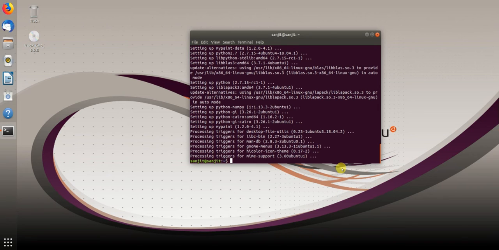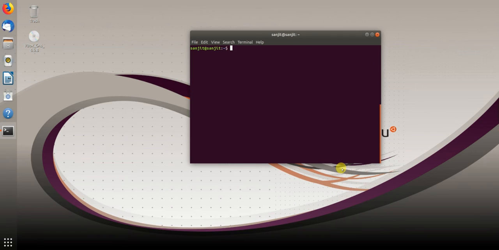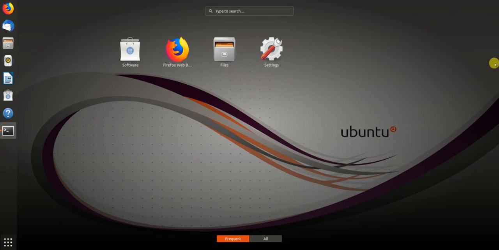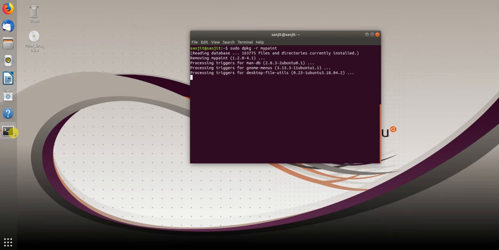So you know how to remove, right? In order to remove anything, let me clear the screen first using the clear command. In order to remove, there is only one guy who knows the thing, our dpkg manager. Just go here and tell it, can you please remove, and the software name. So that's mypaint, right? And hit enter. After that it will start its work, and you will see this disappear from here, right? So just go back to the terminal, click here in the terminal, and come back. So yep, it's removed.